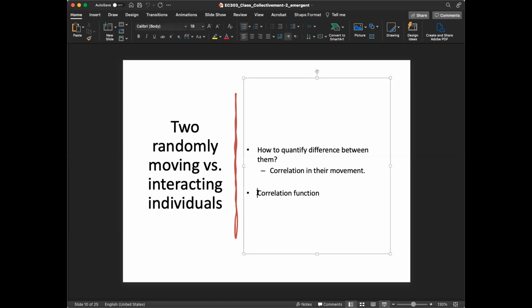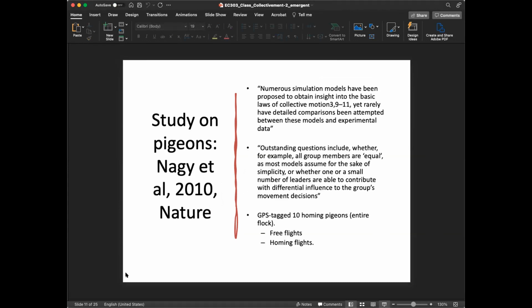On the other hand, if individuals were to copy each other's behavior, then what do you think will happen in such a case? What you expect is that the correlation will be high. So one can exploit this property to find how the interaction between individuals in a group works. This property of correlations was used in a study of pigeons in this paper in 2010.